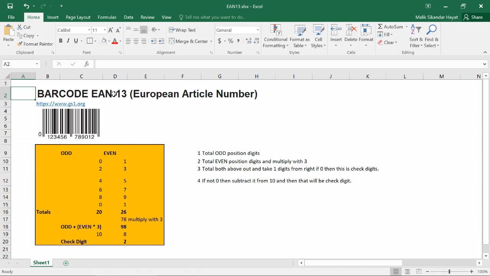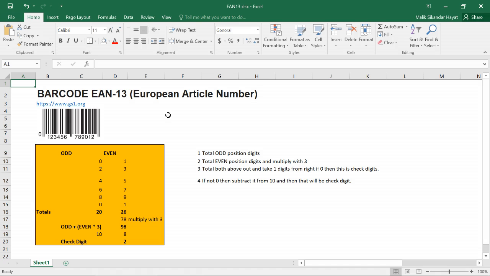So what is the purpose then? Let's say, for example, you are exporting to other countries, and there will be different products coming from different countries. If item codes or article numbers are not unique, then scanning will create problems. So the European Article Number makes sure that your product codes are unique globally. You can go to this URL for further details, and I will show you that website as well.